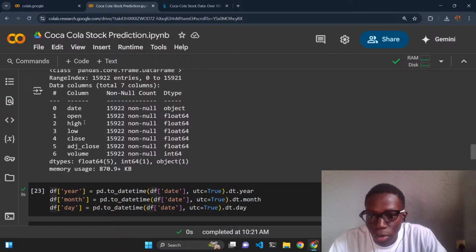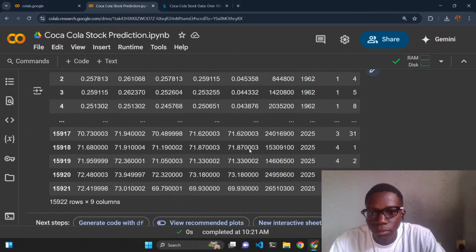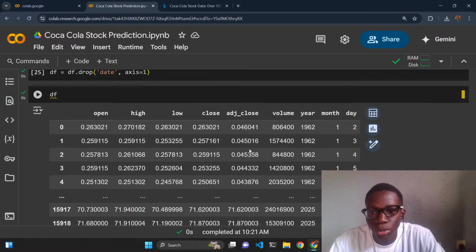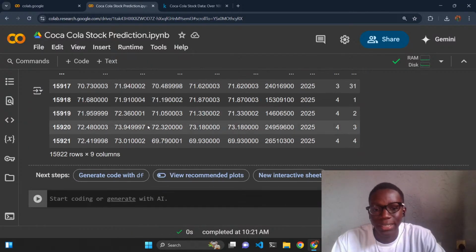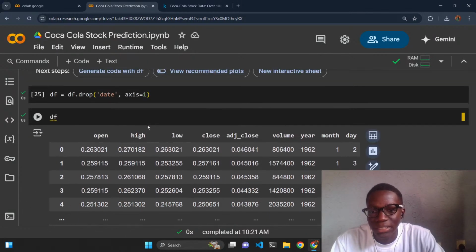Open, high, low, and close are in float64 data type, and the volume is in int64 data type. So next thing we're going to do is visualize our data. But first things first,